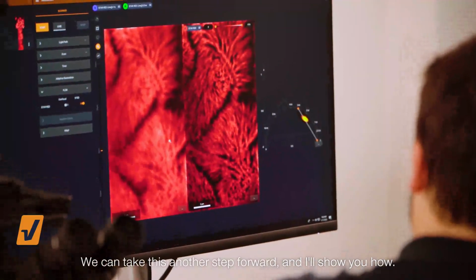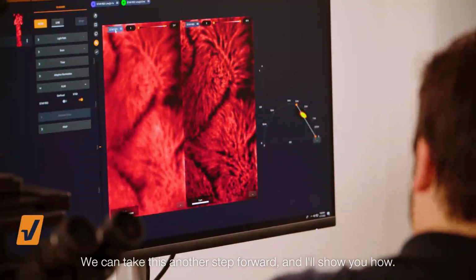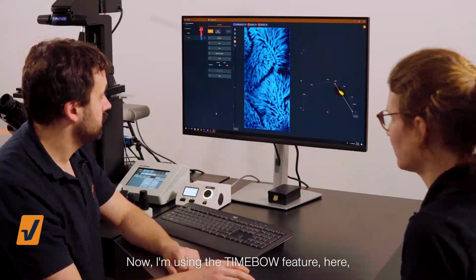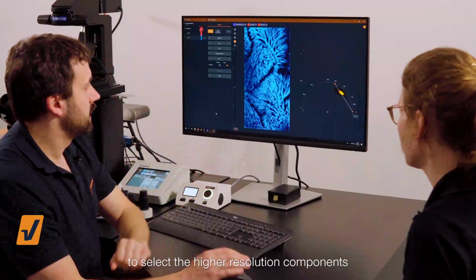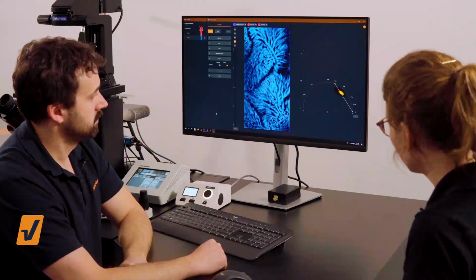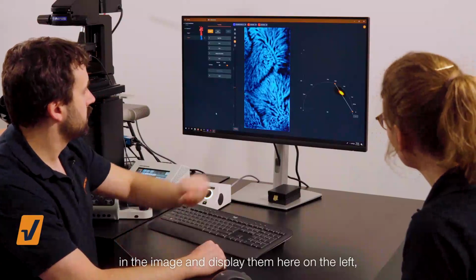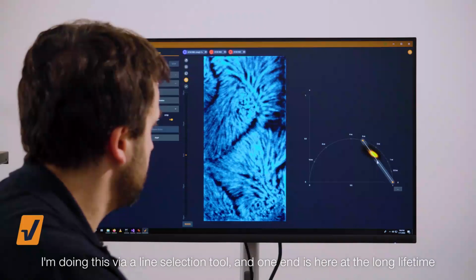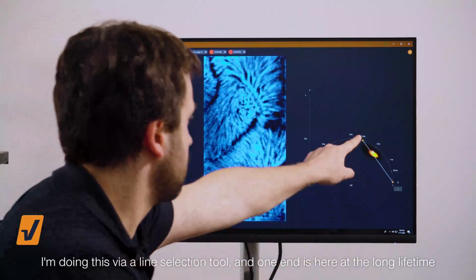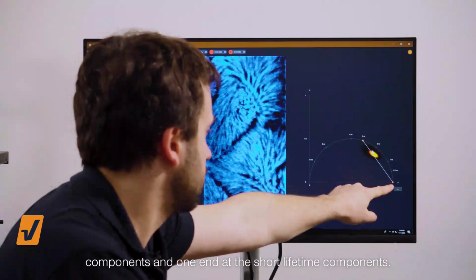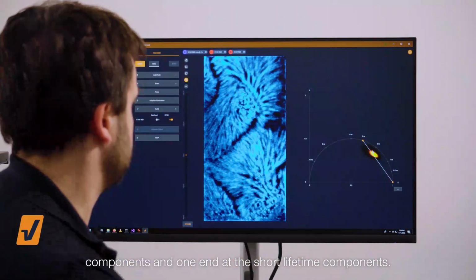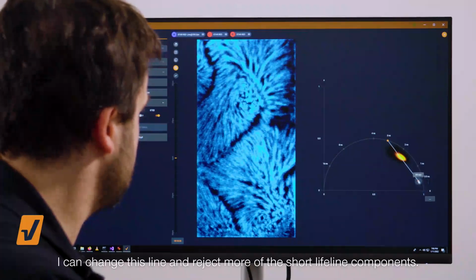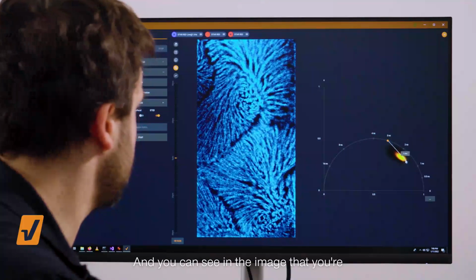We can take this another step forward, and I'll show you how. Now I'm using the TIMEBOW feature here to select the higher resolution components in the image and display them here on the left. I'm doing this via a line selection tool, and one end is here at the long lifetime components and one end at the short lifetime components. I can change this line and reject more of the short lifetime components,